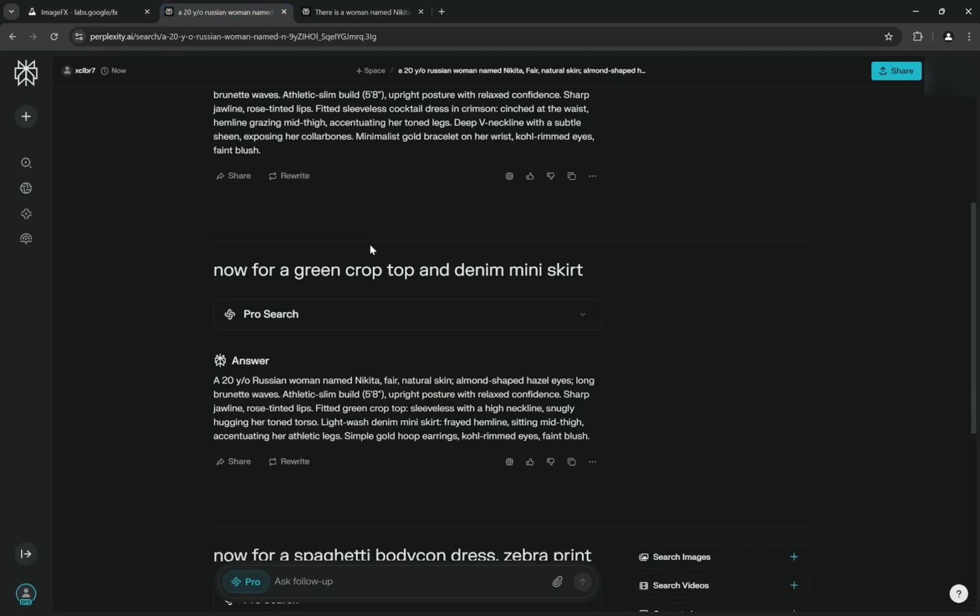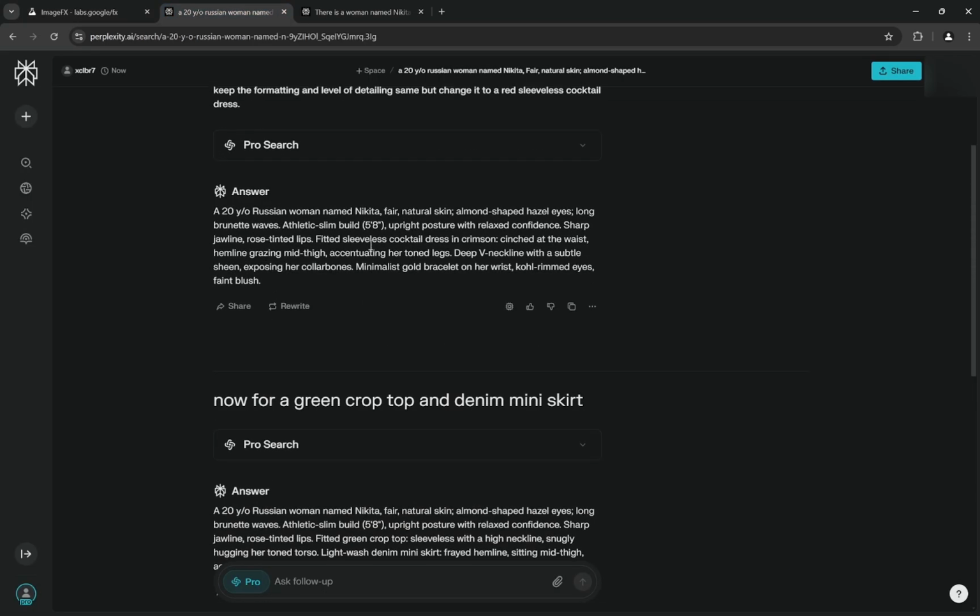Now secondly, always remember, write something very descriptive which describes every aspect of the subject and the outfit. Do not provide the background or the setting. So let's take one example. Once you create one example, you can just use ChatGPT, Perplexity, anything to replace the outfits or ethnicity or anything you want. So here is a 20-year-old Russian woman named Nikita, and I will tell you why this is